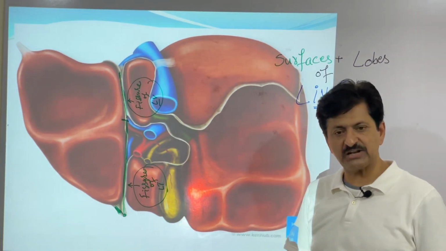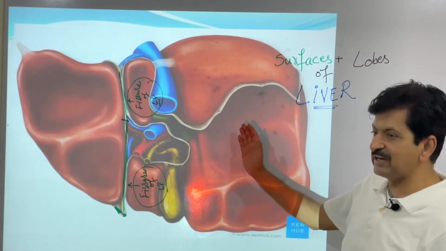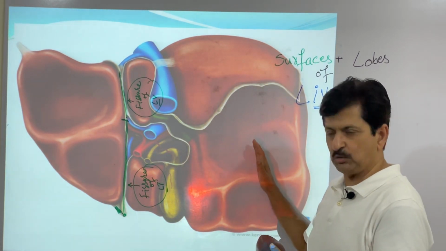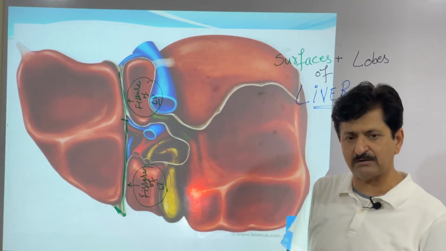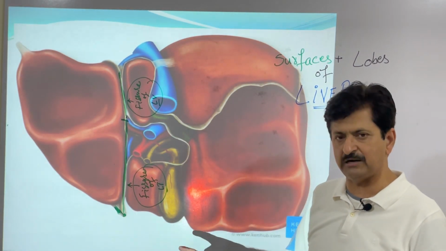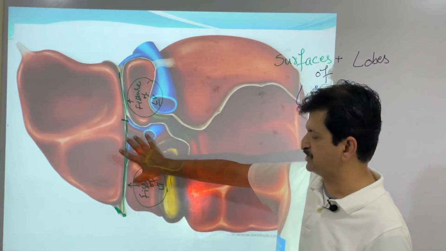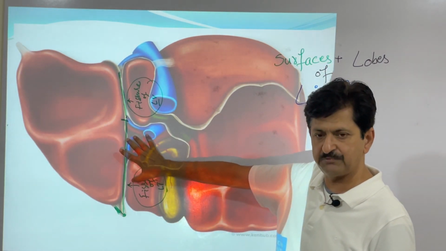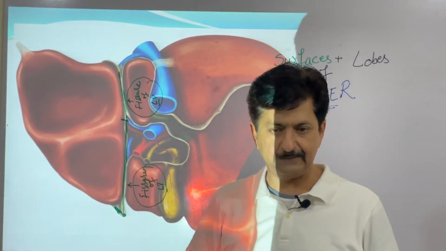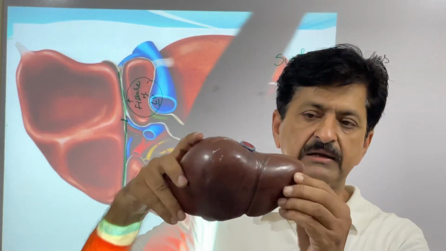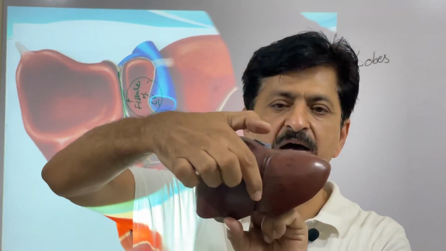Means on the visceral surface you can divide the liver into a larger right, that is 3/4, and the smaller left, the 1/4 left lobe here, but this time not by virtue of your falciform ligament, but by virtue of the two fissures which are lined with each other in complete. Half, you see the lower half, it is the fissure for ligamentum teres, and the upper half it is the fissure for ligamentum venosum. Here you can see this here. See here, this is the mark of the falciform